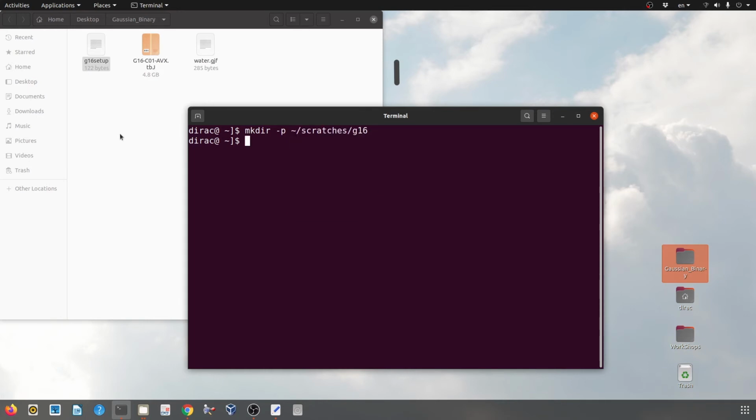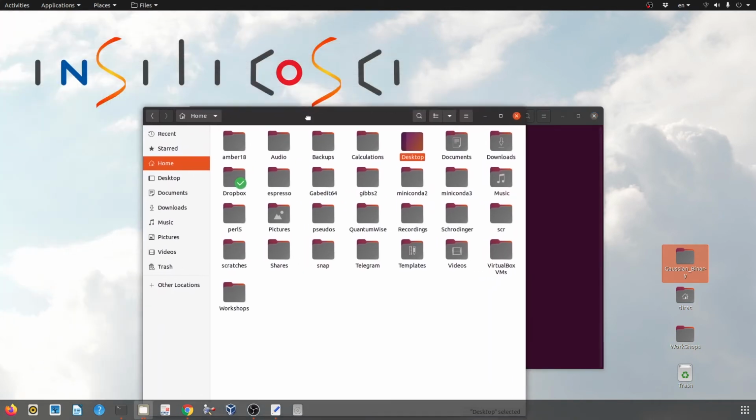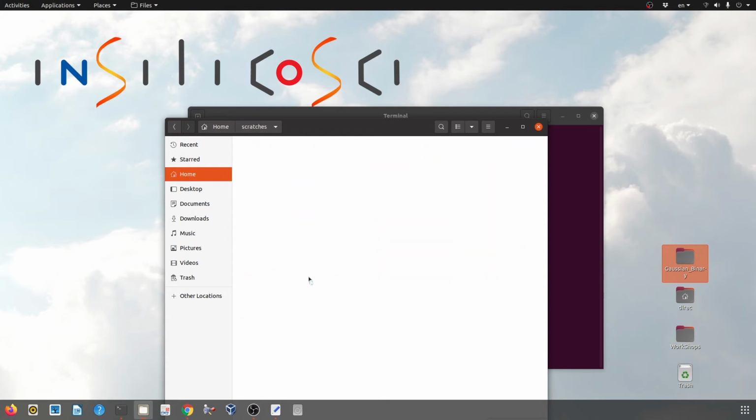Okay, after that you can also check the scratch folder in the graphical window. This is the home directory, and you must have a scratch folder in the home and a G16 folder in the scratch, which must be empty for now.